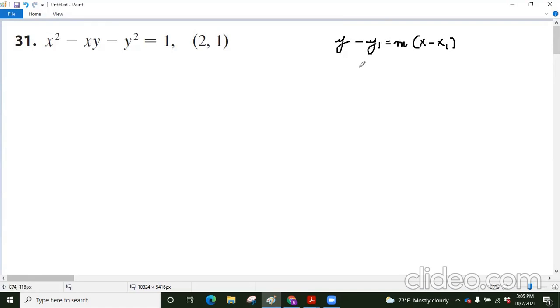That's what I usually use. But the thing is, what you'll notice is they've given us an x value and they've also given us a y value. So we have this, right? And we also have this, right? Because we can put in our y value and our x value, but the problem is that we're missing the m,